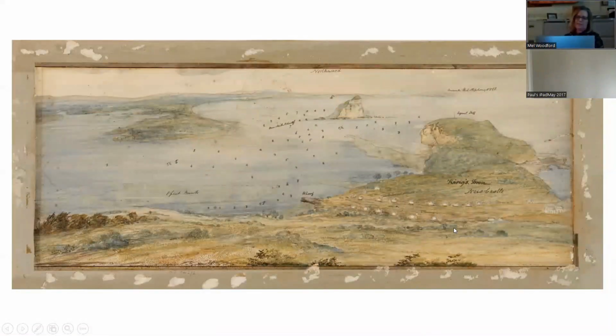This one's lovely. It's done by Lewin, who was a professional artist in the colony. Apparently there wasn't a lot of work for the professional artists, so the government authorities put the professional artists to work doing government related artworks and surveys. So even though it's aesthetically quite nice, he's put in all the harbour depths, written all over it,